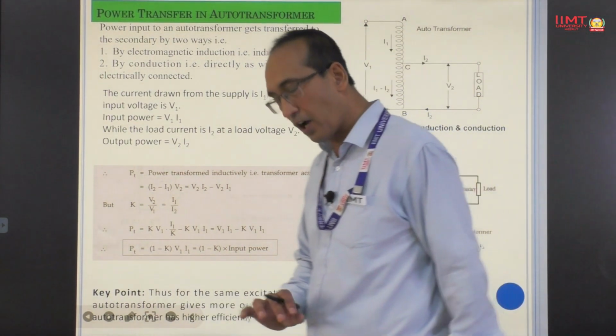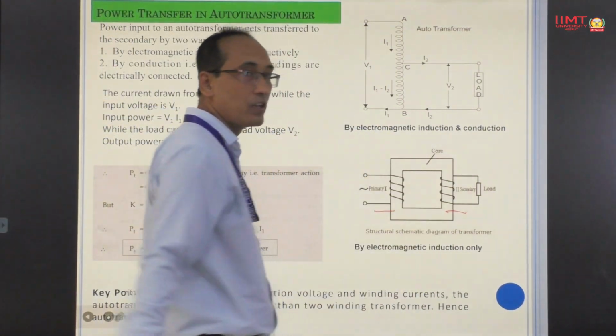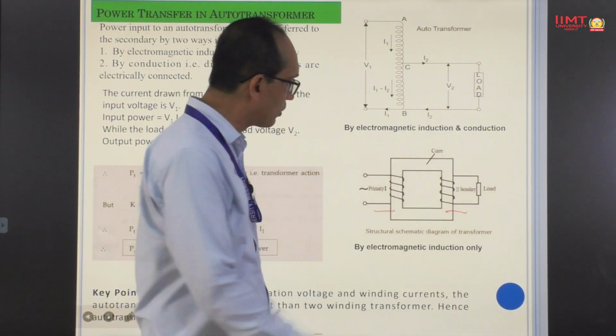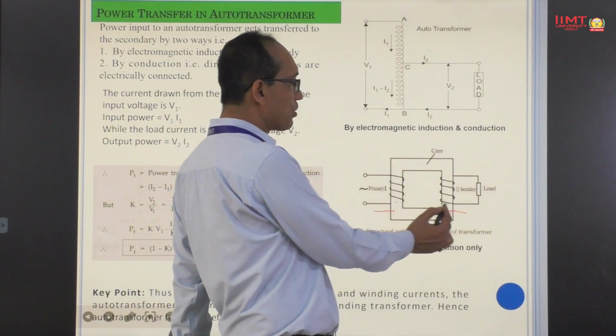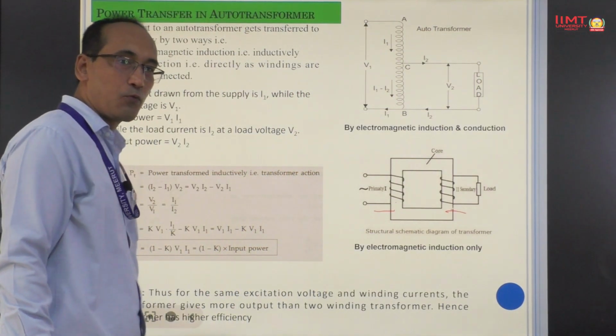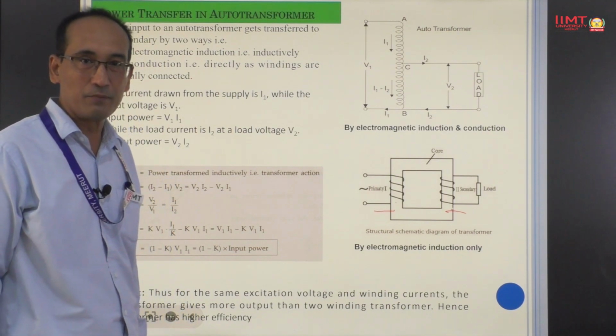These two windings are not electrically connected because they are insulated in this core. Among this core, this winding is insulated, so there is no electrical connection between the two windings. So the total flux will be confined by the mutual induction system,